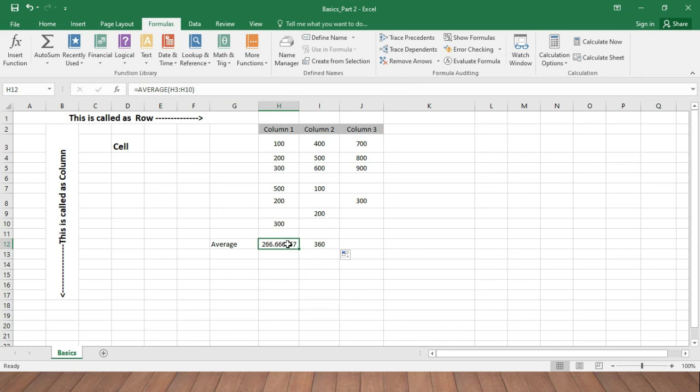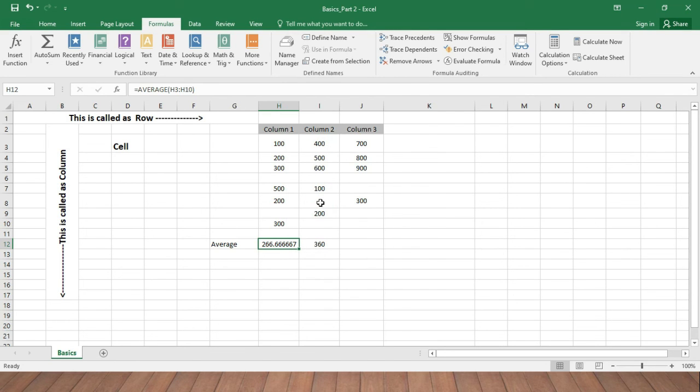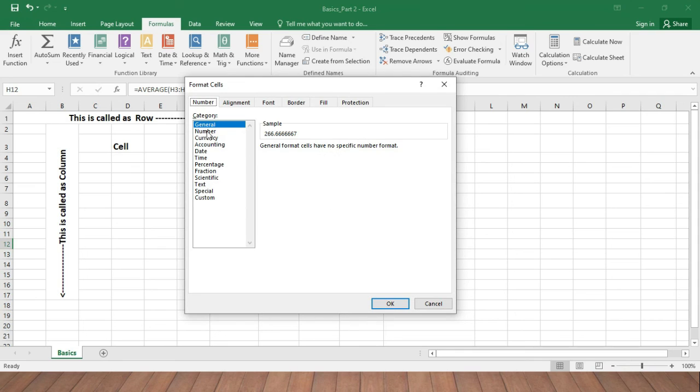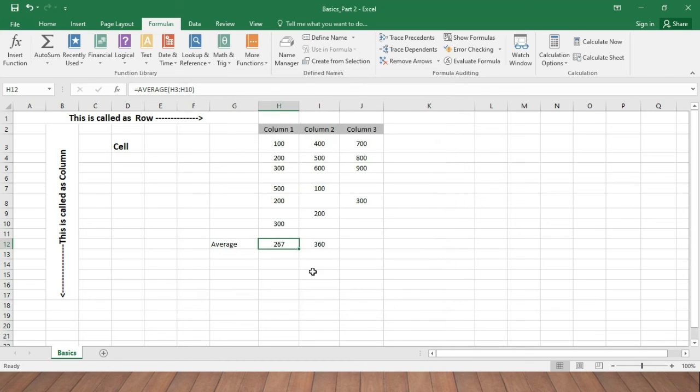You just need to right click here, go to format cells, go to numbers because it's a number, not an alphabet. This is the decimal places, how many you want. If you keep it 0, it's going to round off the number. Hit enter. Yes, see,